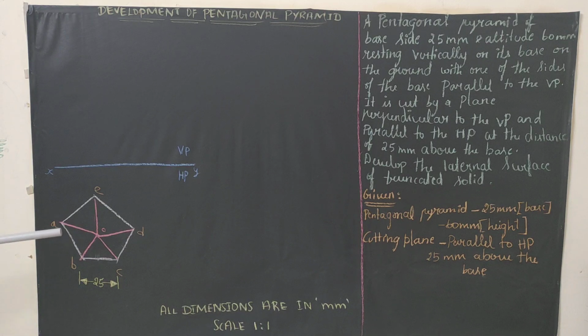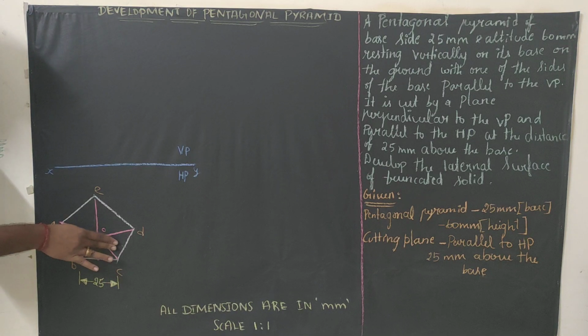One more important thing is we need to fix the point O. From this corner, bisect BC and join with it. And from corner A, bisect CD and join. These two lines will intersect at one point. That point is called O, and later on you can drop these lines. I have rubbed them off.